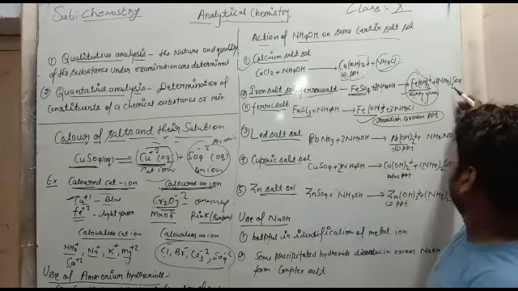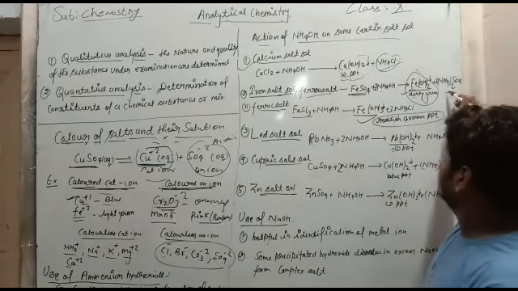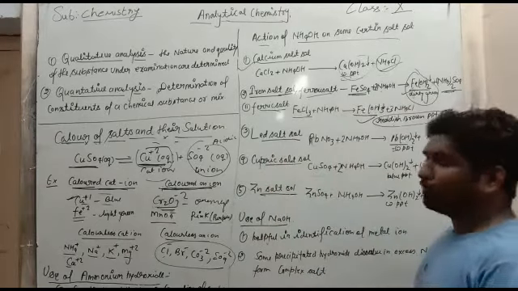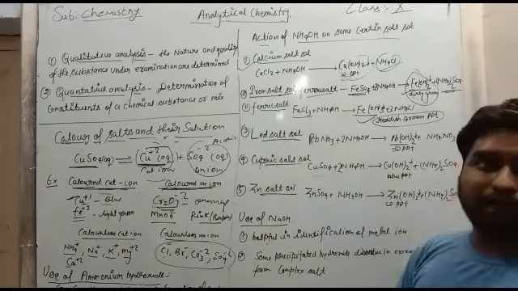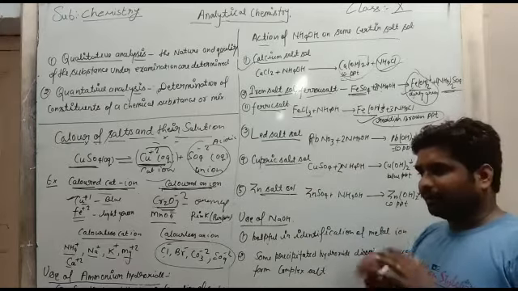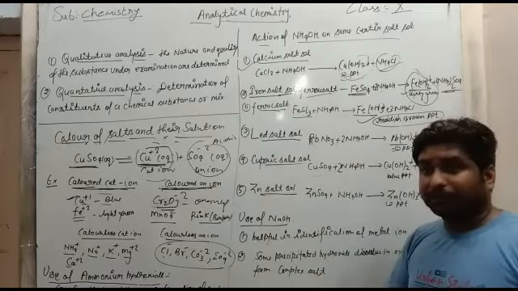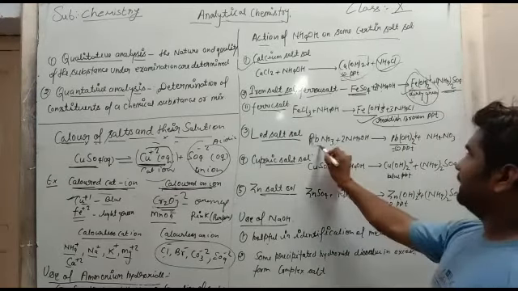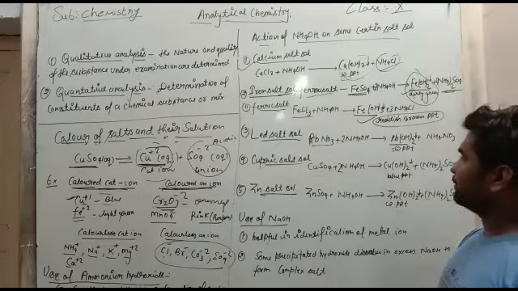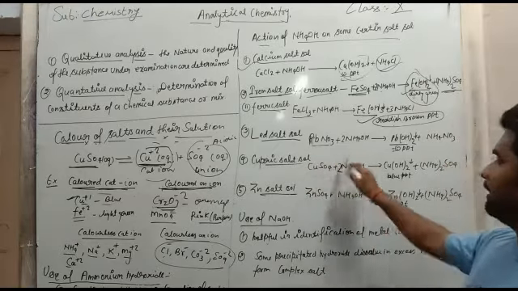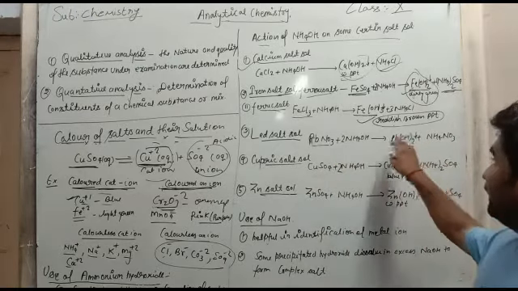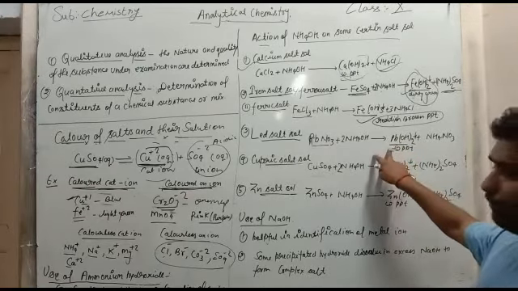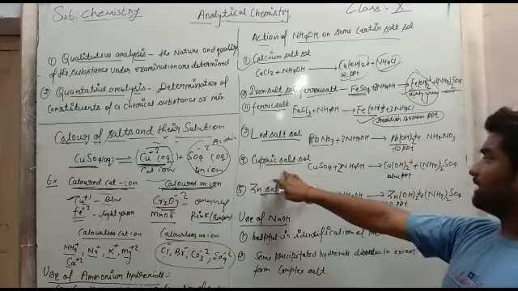Now the next compound is ammonium sulfate. What is the name of this compound? Ammonium sulfate. Now next, lead salt. When lead salt reacts with ammonium hydroxide, it gets converted to a precipitate, and the color of the precipitate is white. Like this, lead nitrate. What is the name of this compound? Lead nitrate. Lead nitrate reacts with ammonium hydroxide and gets converted to lead hydroxide, and the color of this compound is white.